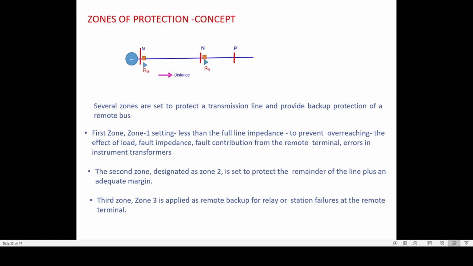They will have some error. So the impedance measured by this relay, even considering the two factors of current and voltage, will also have some error in the ratio. Now suppose the impedance up to this point is 100 ohm and this relay is measuring this impedance correctly. Even in that case, if there is some error in current and voltage, then it might happen that the impedance measured by this relay